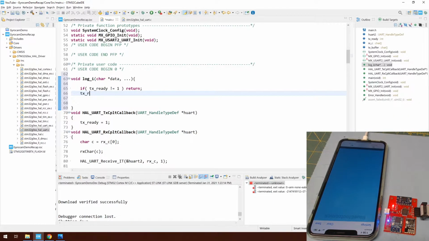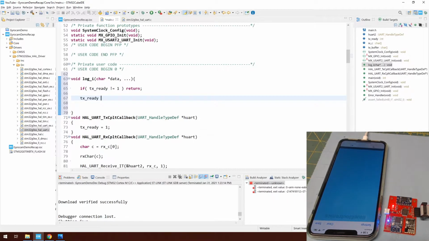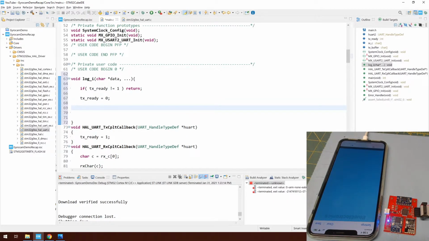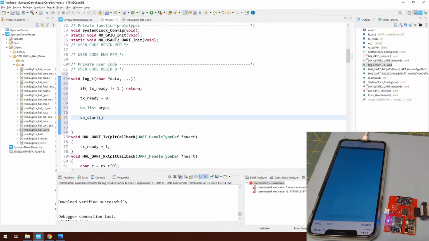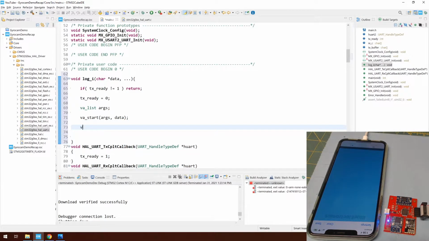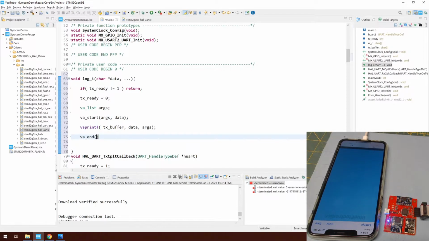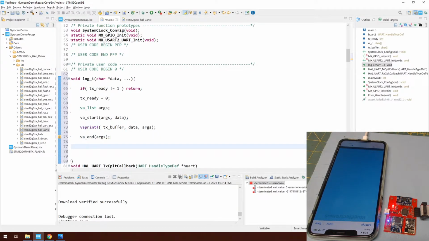Then we'll set text ready equals 0, indicating that we're busy sending data, and create a list for the arguments coming in. We'll specify the start of those arguments. They start at data, and then we'll use vsprintf to copy those arguments into our tx buffer using whatever format we have in data, and then adding those arguments there. We end it, and then we send it,